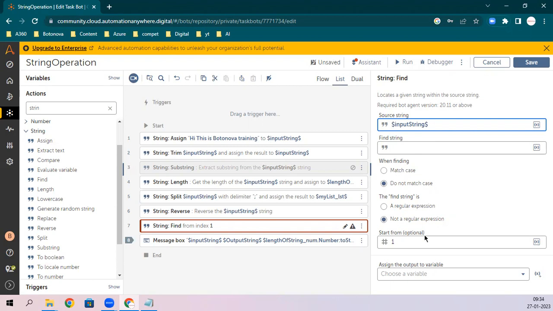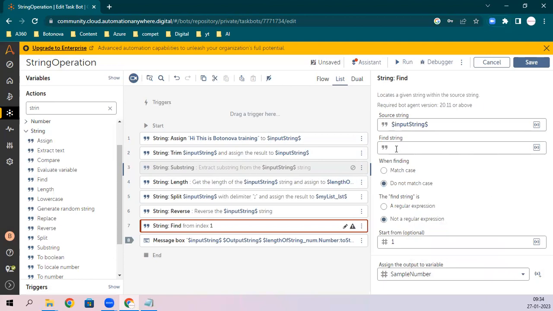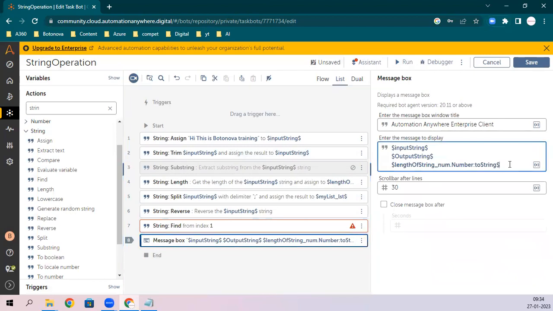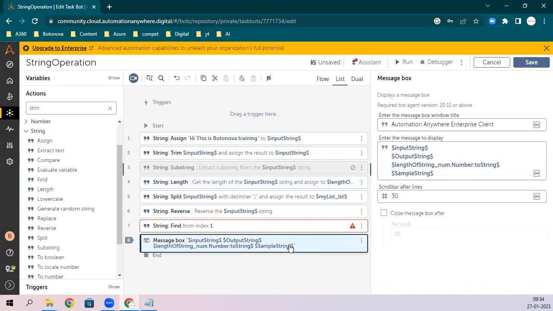Is it the same string? Like in the input string, if the find string is blank, we will get the same string. I guess it is the index. Yes, it would be the index. The index would be a number, so that's why you will have a number and position.